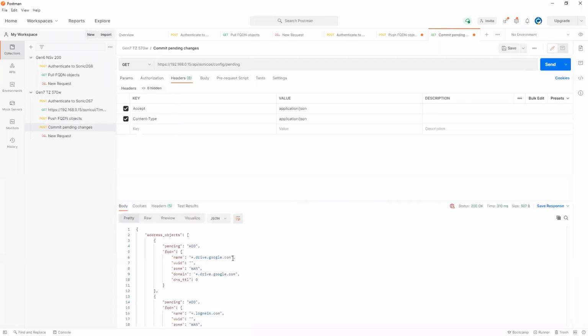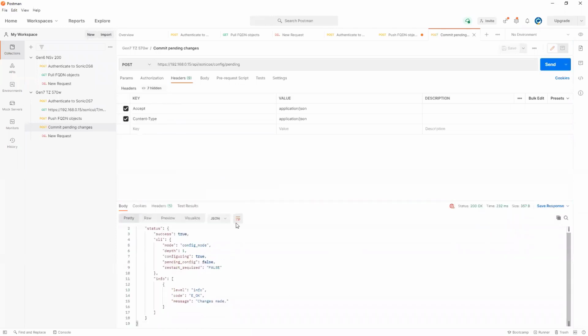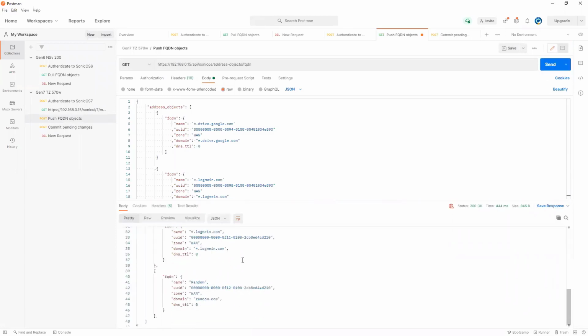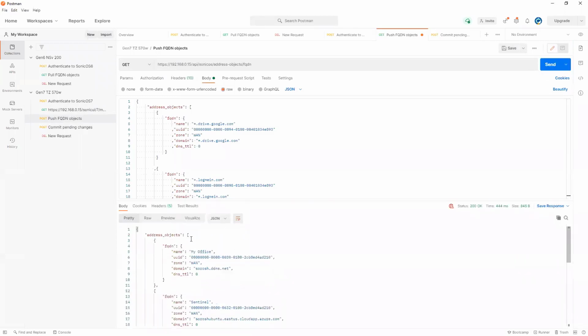So same concept. I can see the pending configuration here, and now I can push the pending configuration, changes made. And if I get this again, I can see that those three objects that I had pushed are now on the device. Now, again, when I stress that Gen 7, everything's an API, even if it's not in our documentation,